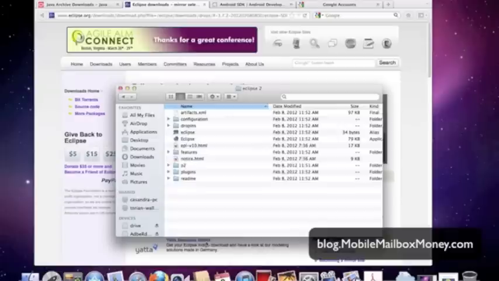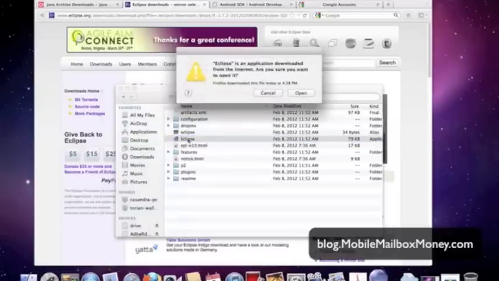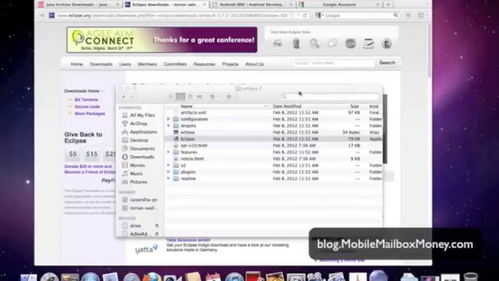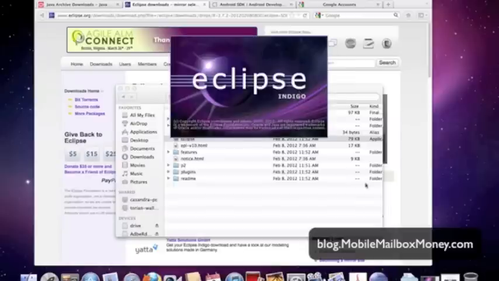The next step. Now, when you're on a Windows computer, it is actually going to be an executable file. So you just double click on the executable file, and it should create a folder that's exactly like the folder that you're seeing right now. Okay. All right. Now, what I'm going to do is go ahead and run Eclipse. You see the little icon at the